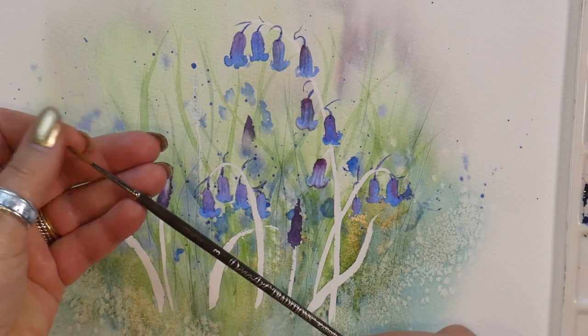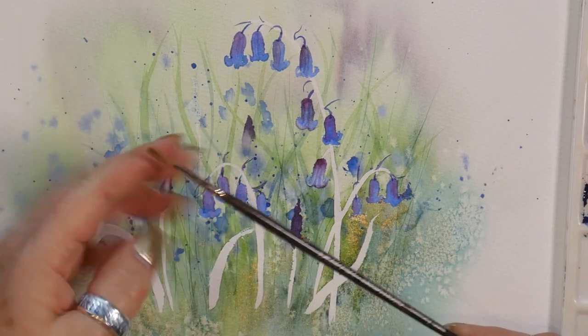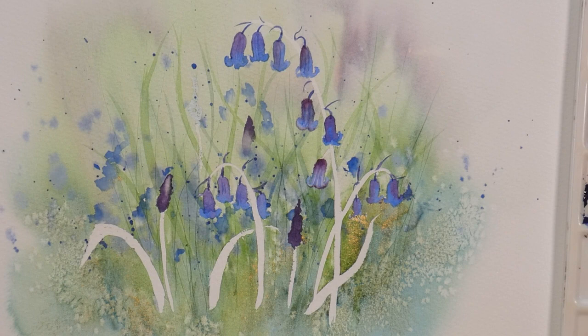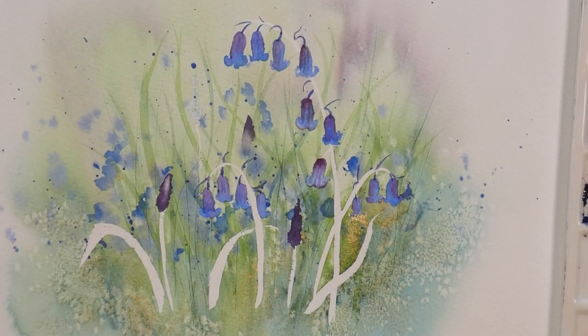This is a Deco Art. It's a Kolinsky quill. So it's not quite a rigger, but it's a quill brush. It's a bit longer than your average brush. And it just means it carries more paint, but you can get a nice fine point on it, as you can see now when I hold it like this. Lovely point. And if I start with a Cascade Green,